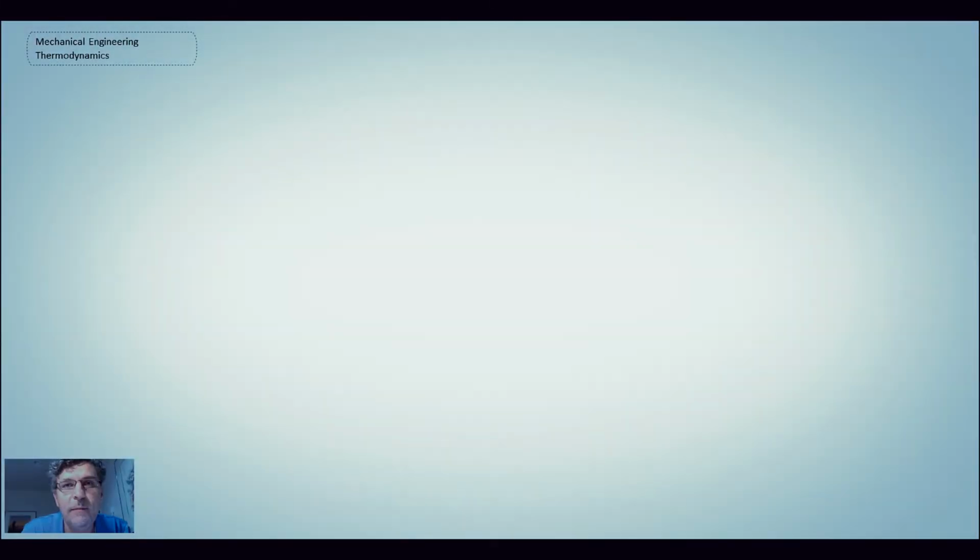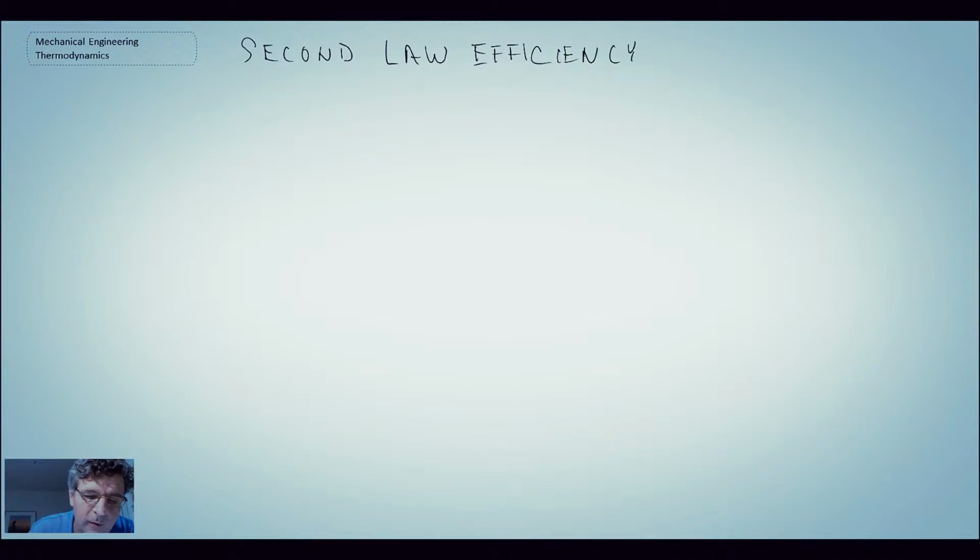The last topic that we want to talk about in today's class is the idea of second law efficiency. If you recall, this is where we started the lecture. We said that thus far in the course we've looked at all the first law efficiencies, thermal efficiency, component or adiabatic efficiency. And we said exergy analysis enabled us to look at what we refer to as being a second